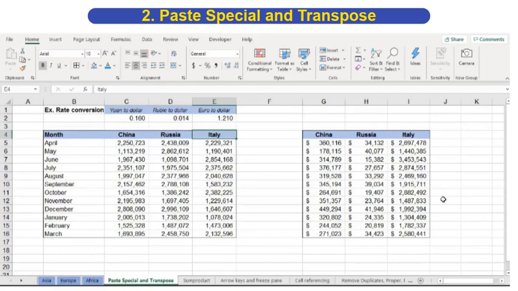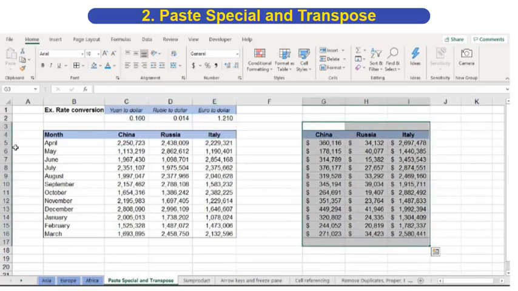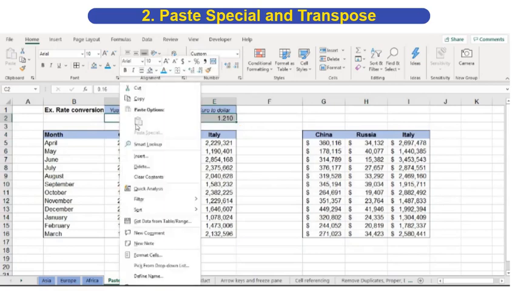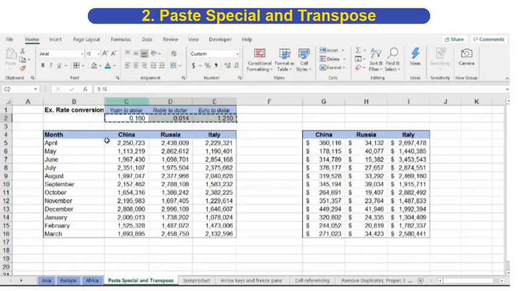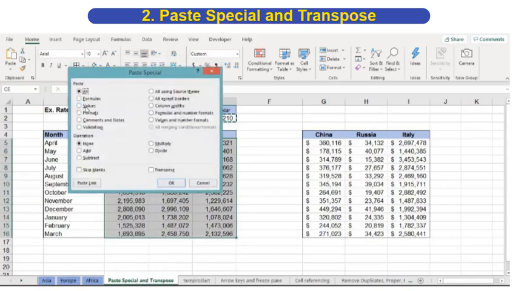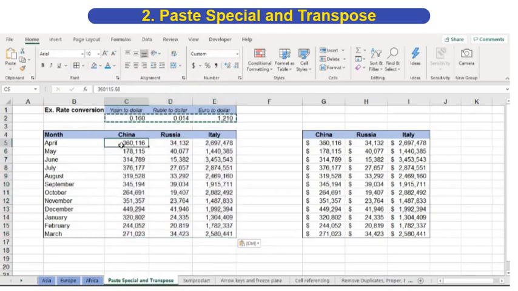Next we have sales value in 3 different currencies: Chinese, Russian and Italy, and we want to convert all of these into dollars using the respective exchange rate. So this is the expected outcome table. How are you going to get it? From one click. You select the exchange rates and copy. Then you select this data set, go to paste special, select values, then multiply. What happens is, the sales value gets multiplied by the respective exchange rates.